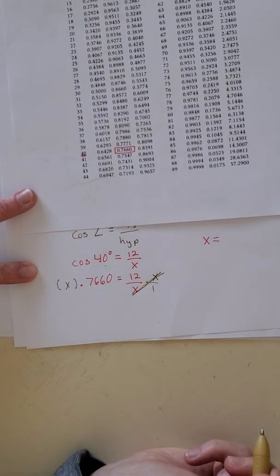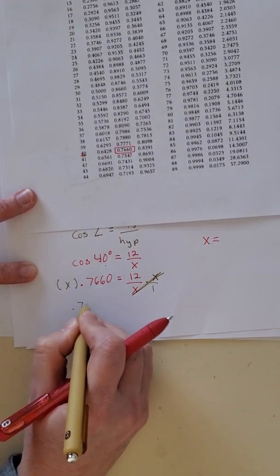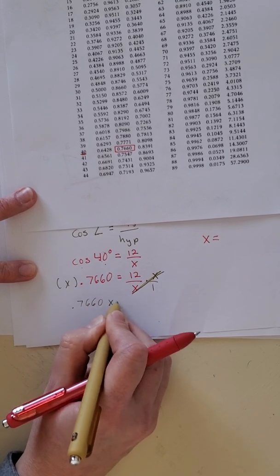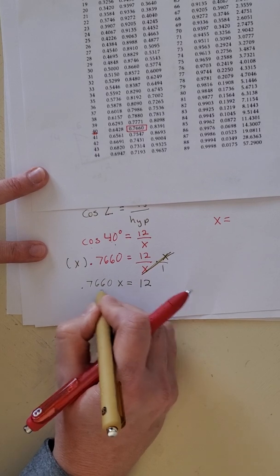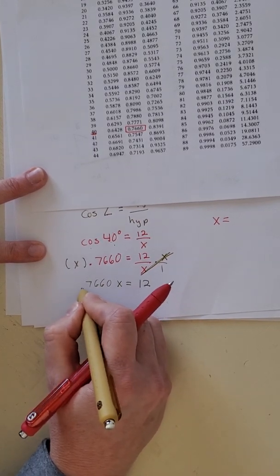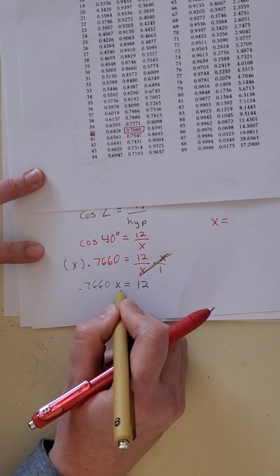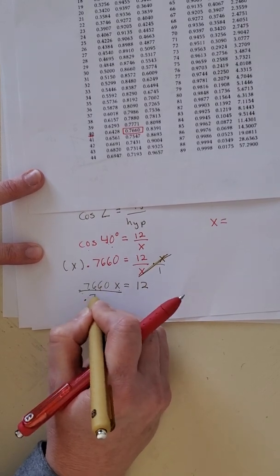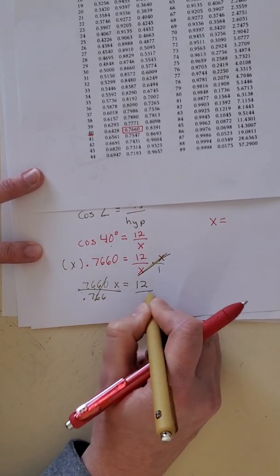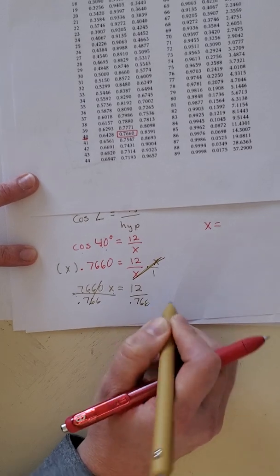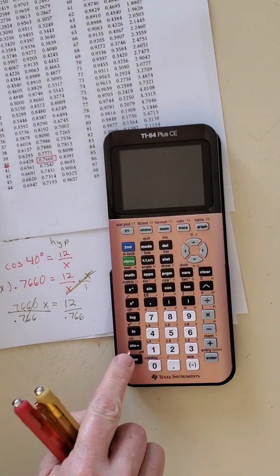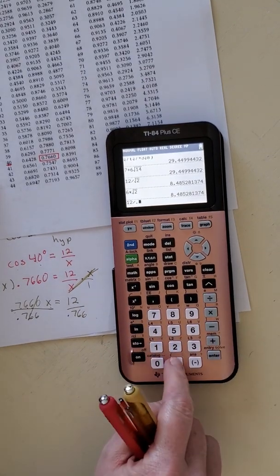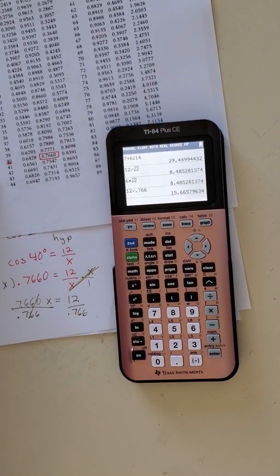And then these will cancel. So I get 0.766x equals 12. And then again, to get x by itself, 0.766 is multiplying x, so we will divide by 0.766. And that you can use the calculator for. So 12 divided by 0.766 is